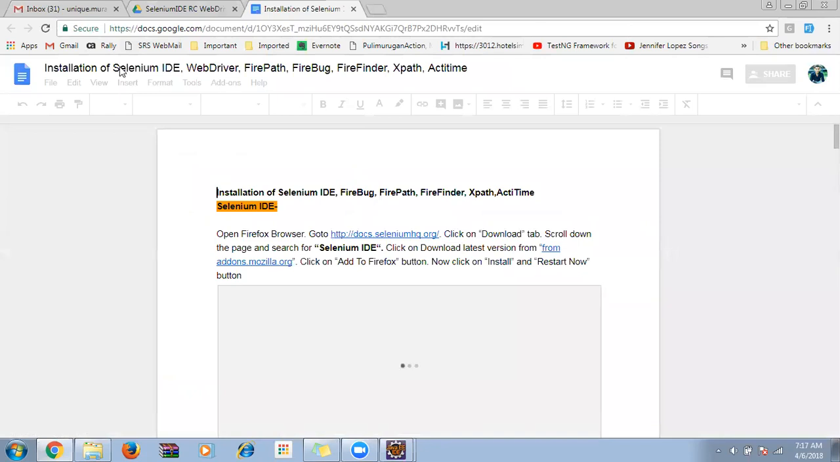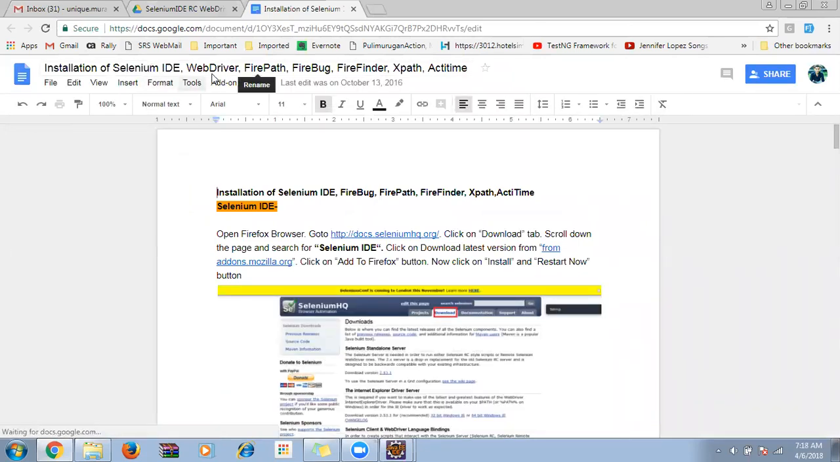So we have seen how to install Selenium and use it. Now we are going to see what WebDriver is. We have already seen how to install Firebug, Firepath, Firefinder, XPath, and so on. Now, how to install WebDriver. So for that, if you come down,